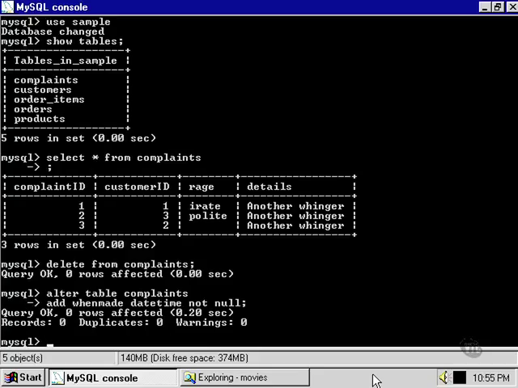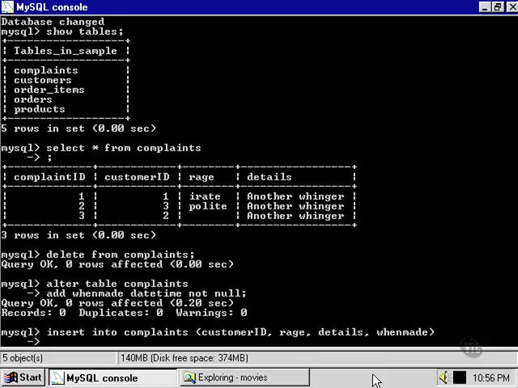Now what happens when we insert into the complaints table, let's specify the columns we want to insert into, and our new column, all the existing columns and our new column that we've just added, apart from the complaint ID, which of course will be auto-incremented. And we're going to specify some values for the customer ID, the level of rage with which they made their complaint, a reason why they're complaining, and finally we're going to insert a date and time into the when made